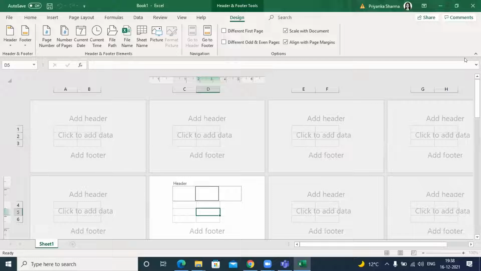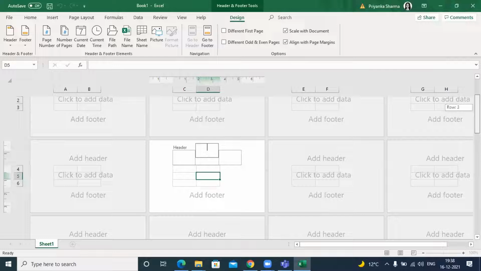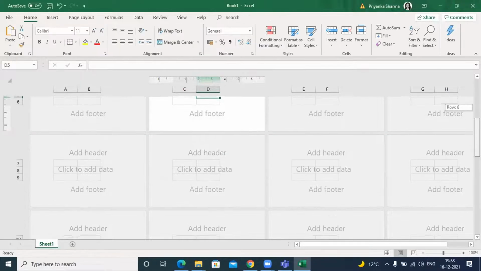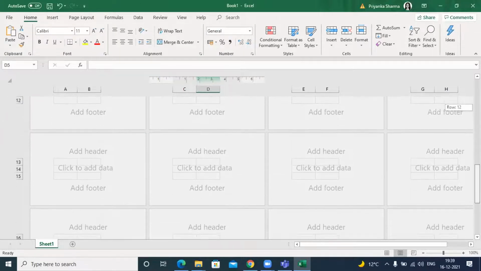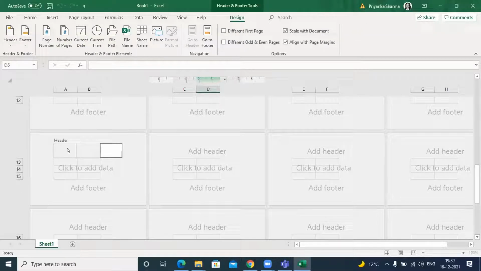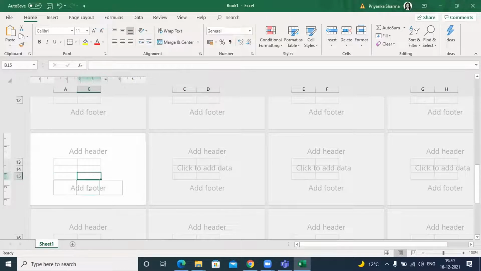The very good thing about Microsoft products is that there are so many things. Many of these things you won't explore, right? You might think footer can be put in one way. No, but look at these different templates in which the header and the footer can be added. See, you can place the header, you can click here to add the data, and finally you can also add a footer here. So really powerful section.